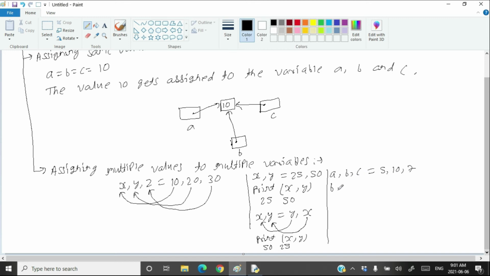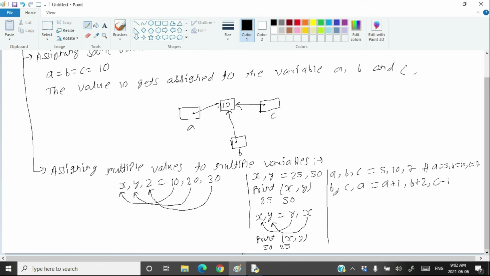Then you write b, c, a = a + 1, b + 2 and c - 1. Therefore, before this statement, you have a = 5, b = 10, c = 7.